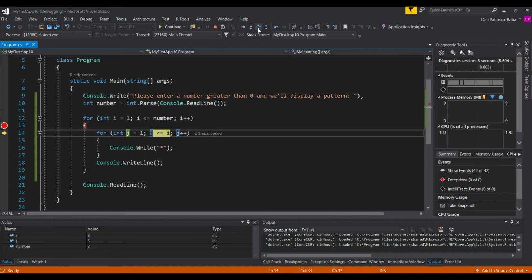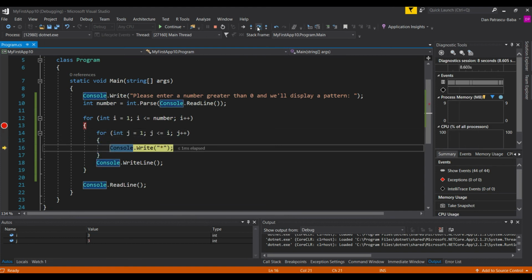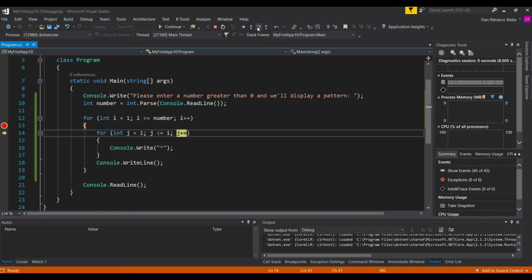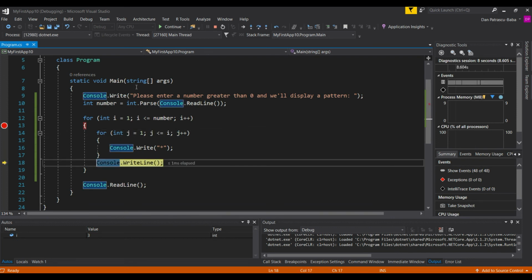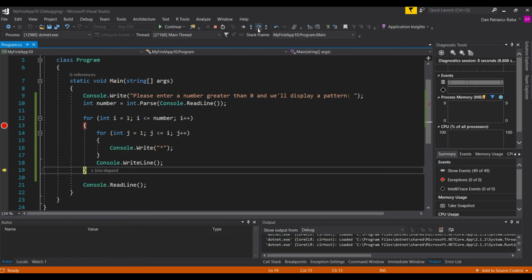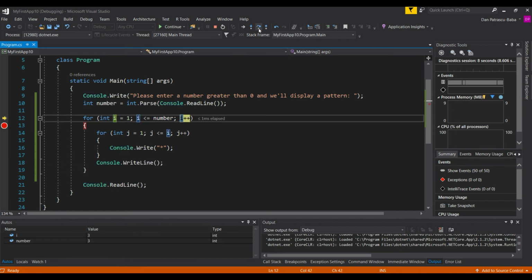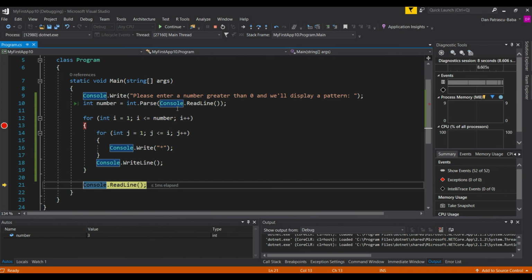And we still evaluate the condition. This should still be true because j should be right now 3 and the number should be 3, so this is okay. So one more time we execute everything we have here, and then we increase the counter. The condition is now false, of course, so we don't execute this code block anymore and we just add a new line. Then we go back to the outer loop and the counter increases once again. However, right now i should be 4 and number should be 3. So in this case the condition will be false. So we will simply exit the loop and execute the next line of code that we have afterwards,